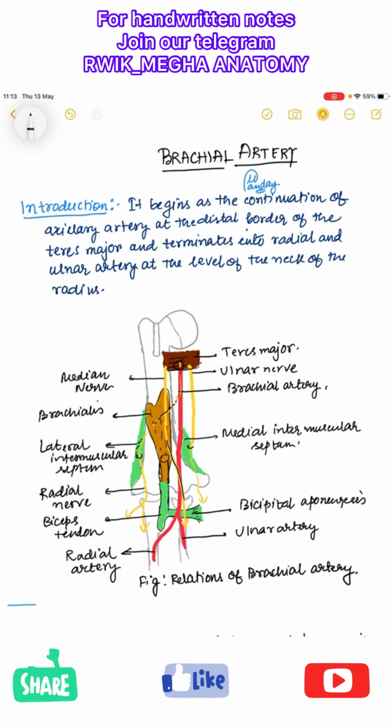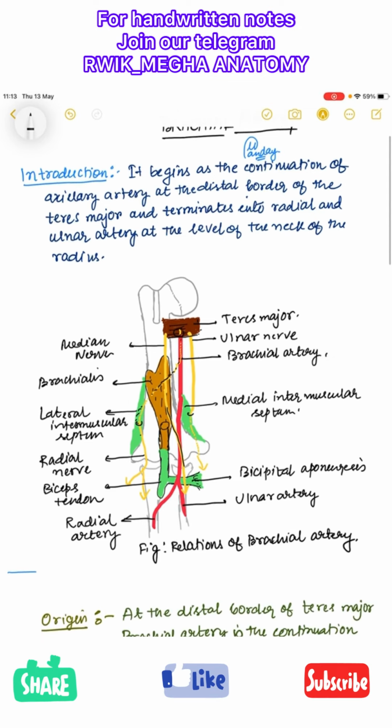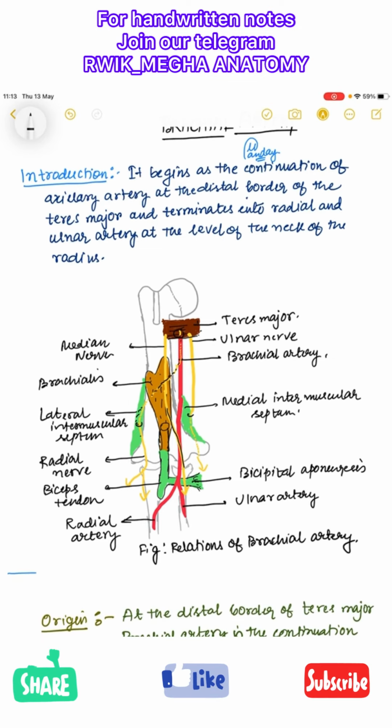So this radial nerve lies behind the brachial artery. The radial nerve is the branch of the posterior cord of the brachial plexus. This radial nerve lies behind it, right? Now, whenever we were talking about the radial nerve, there was one more structure that was always going along with it. Yes, that is the profunda brachii artery.